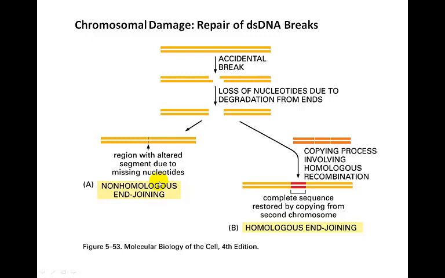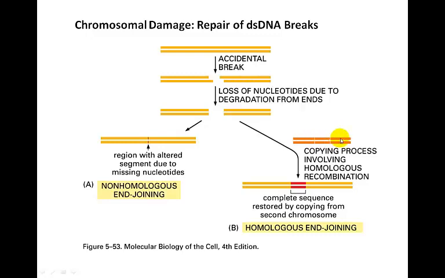And then we have what's called non-homologous end joining. We will actually reconnect the broken chromosome, although when we've done that, we've lost genetic material when we reconnect our chromosomal fragments. However, if this is happening during a time in the cell where we have a nearby homologous chromosome or a